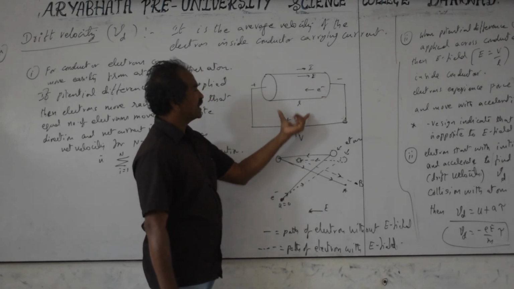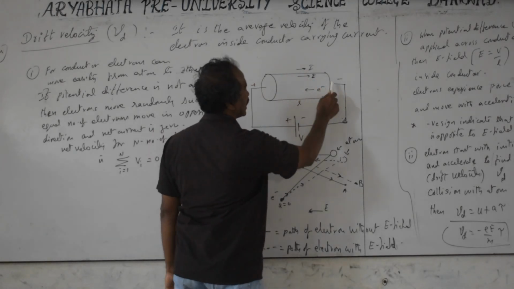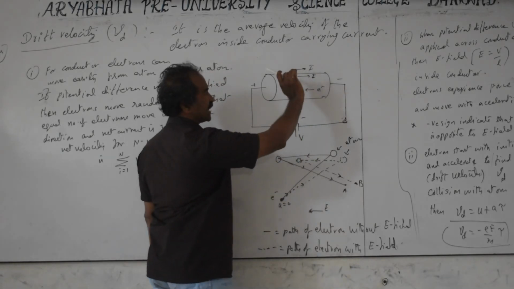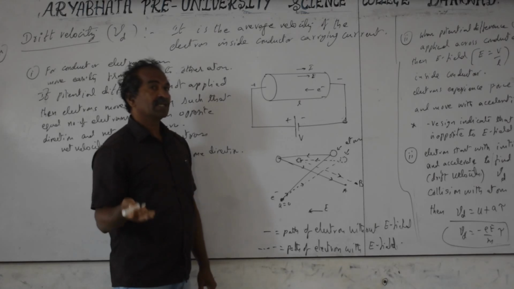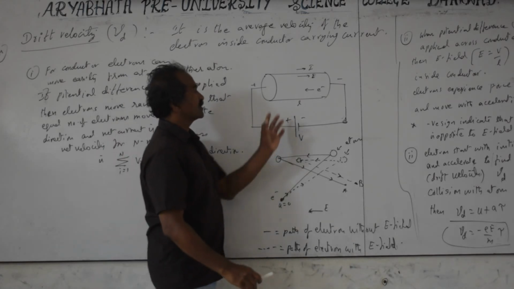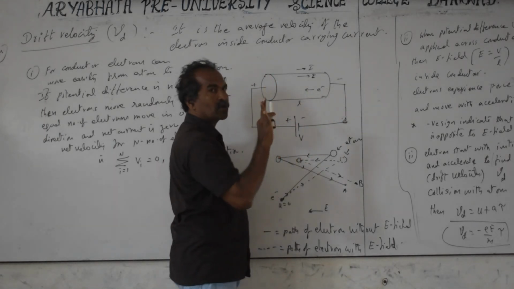When you connect the battery across the ends of a conductor, a potential difference is produced across the ends, and the length of the conductor is L. Then an electric field is produced inside the conductor. Moving electrons have a negative charge and an electric field, but it is cancelled by the electric field of the protons inside the nucleus. So every atom is electrically neutral. Electrons moving from one atom to another do not produce an electric field inside the conductor.